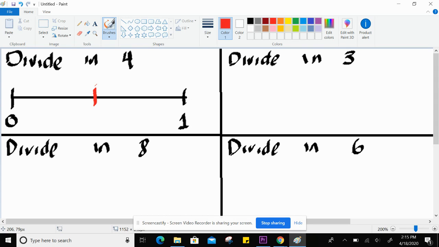So now we have 2 parts, but then you'll see, well, I'm not trying to divide it in half. I want to divide it in fourths. So then what we do is we look at this part now, and we try to find the middle of that. So the middle of that will be right here, and then we go to the other side and we try to find the middle of that, and the middle of that is right here. So now we have